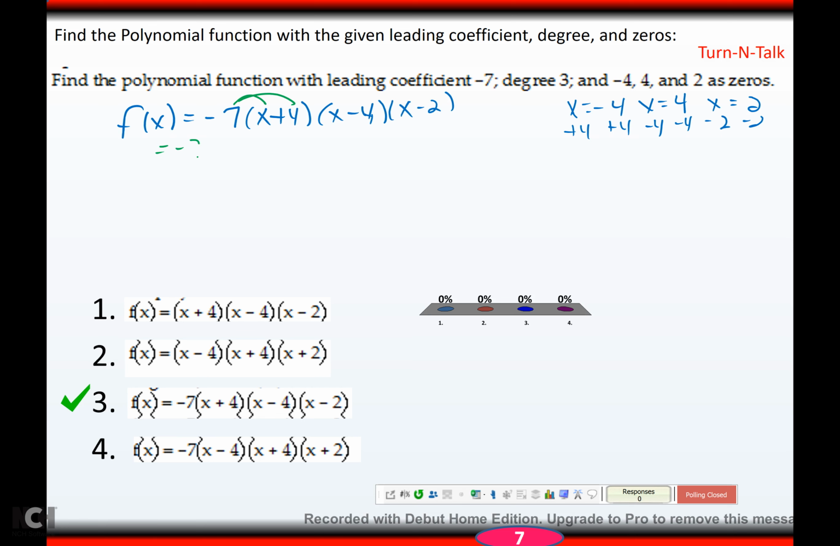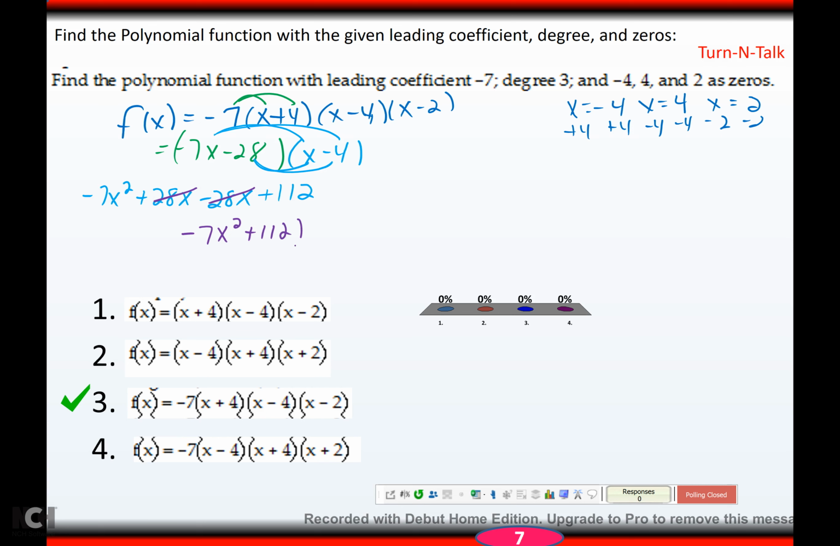Multiply here, I get -7x minus 28. Bring down the next one, x minus 4. -7x times x is -7x squared. -7x times -4 is positive 28x. -28 times x is -28x. -28 times -4 is positive 112. Clean it up, combine like terms. The 28x's actually cancel, and that gives me -7x squared plus 112 that I still have to multiply by x